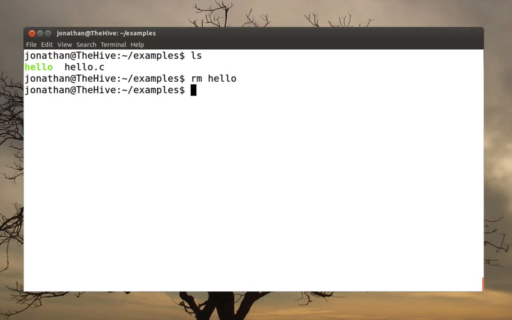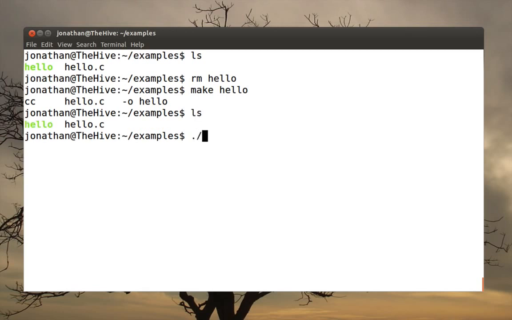So without even a makefile, if I just say make hello, it looks through my directory and it's going to see, is there a source file that correlates with this target that I'm being asked to build, and if so, then run the appropriate compiler and build it. So if I do this, you'll see that make automatically runs the compiler and does the -o option. So once again, my hello program is compiled and placed in the right place, and all I had to do was type make hello.